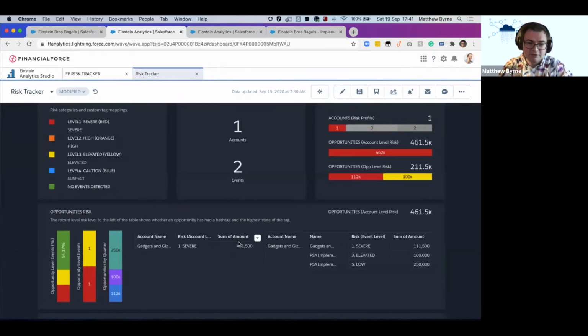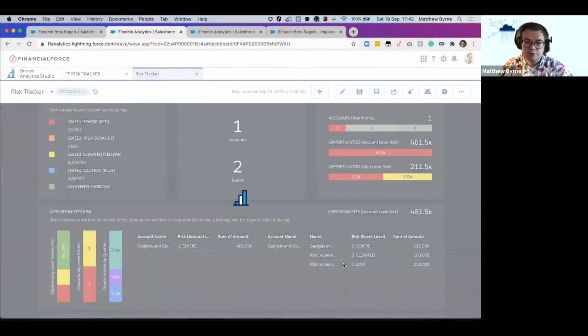We can see there's the account information, which is marked as severe. We can see the opportunities over here as well. And we can see this one's marked severe. This one's marked elevated. This one's not marked anything. It's just marked low for the time being. But we could, if we wanted to, because the other ones are marked as well, we could keep an eye on an opportunity, and just using chatter actions, we could come in here, change, use not just the open record functionality, but go in and use the post to chatter action as well.